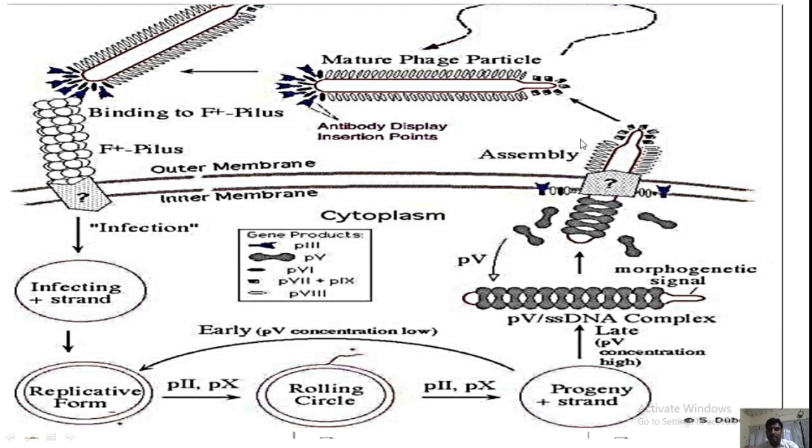Here in this case, the M13 phage packaging is not size constrained, because the length of the M13 phage depends on the size of the bacteriophage genome. So for developing an M13 vector, we have an advantage over here, because we can introduce a large insert within the M13 vector, around 46 to 50 kb, that can be introduced into the M13 vectors.